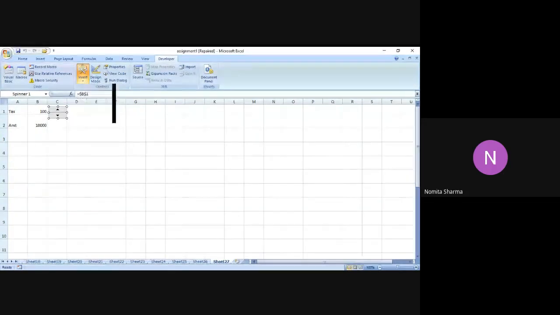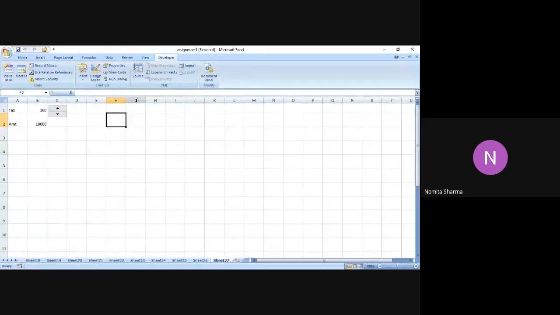In the command option, it's very simple. It's not complex. So let me put my cursor at E, and let me use the command button now. The steps are the same. You go to the developer option, then go to insert, and in insert you go to the very first option that you see, command. That is again coming under form control, because all these options are part of form control, which is there in your syllabus. We are going to do all the options of form control, because this will actually tell us how we can make forms.